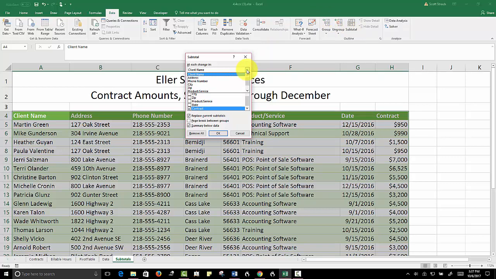It wants me to, up here it says client name, I need to click city. And it should be use function sum, that should be right. This should be contract amounts checked. I'm not going to check anything here. I'm not going to mess with this. And if I select city right here, then click OK,